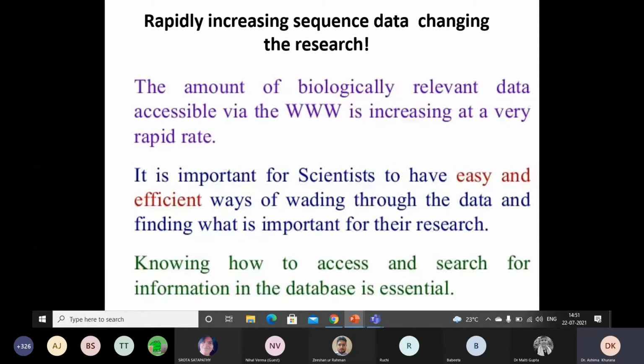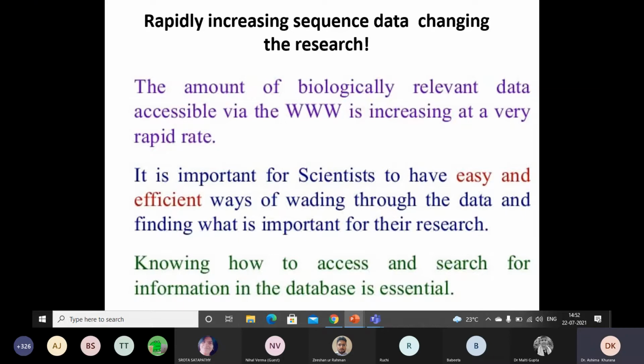I'm sure you know that the first plant genome to be sequenced, in 2001, was Arabidopsis. And now there are thousands and thousands of plant genome sequences available in the public domain. The amount of biologically relevant data accessible via the web is increasing at a very rapid rate.